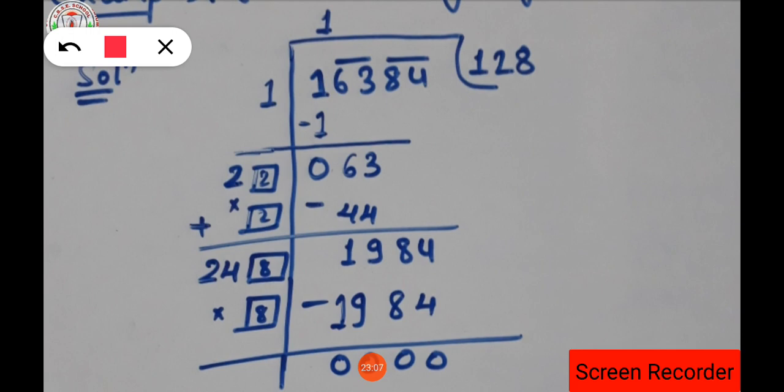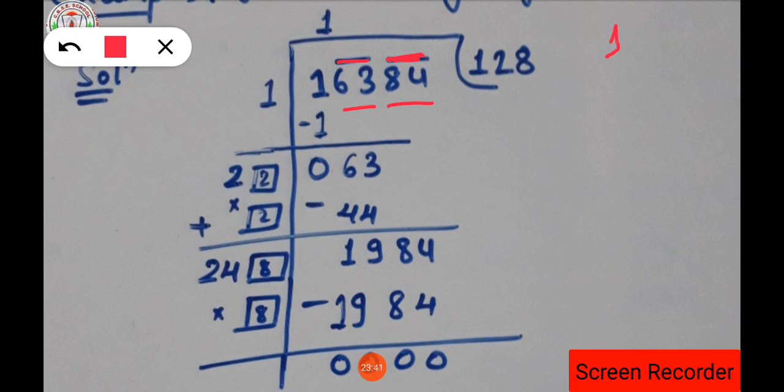First, we have to start making pairs from the right hand side. Whatever numbers we have, we make pairs of two numbers. We are not going to start the pairing from the left hand side. Remember students, you have to make the pairs from the right hand side. So 84 is the first pair, 63 is the second pair. Now 1 is the number which is left out.